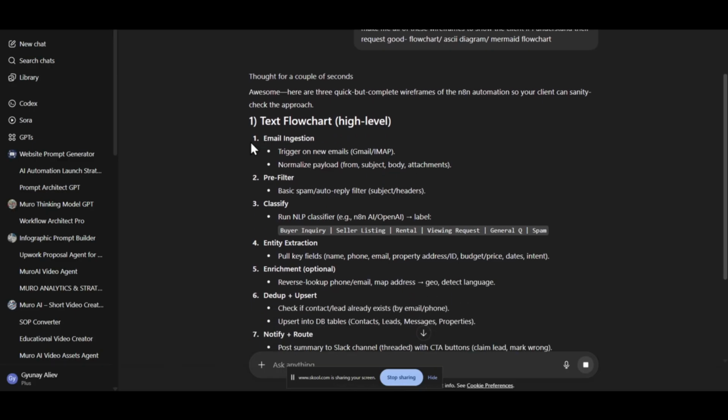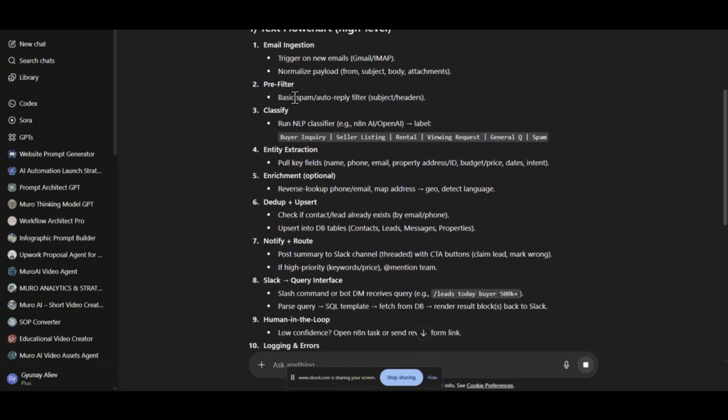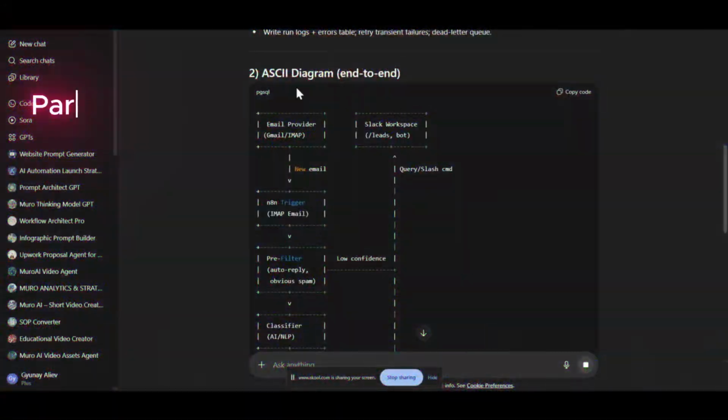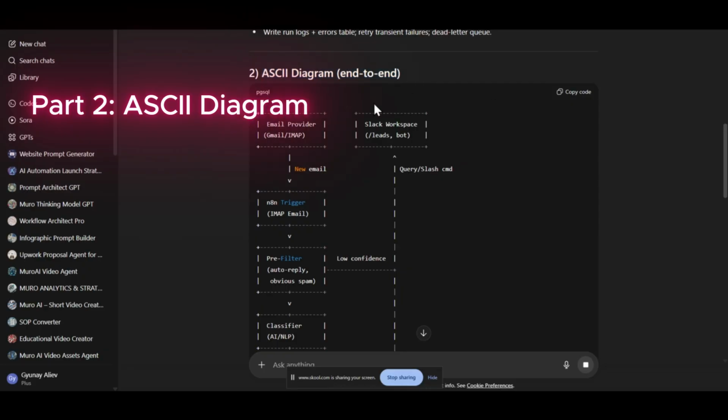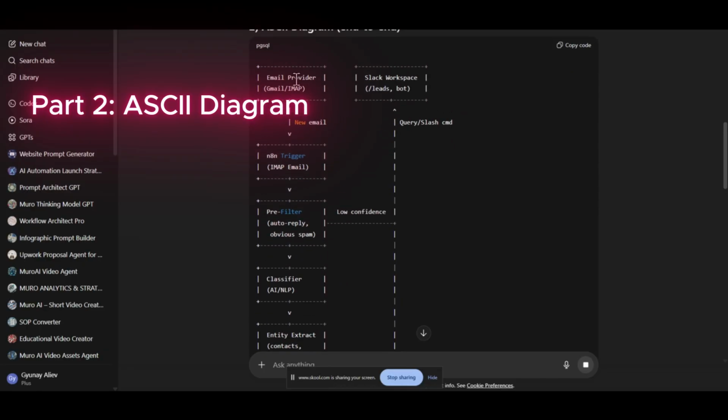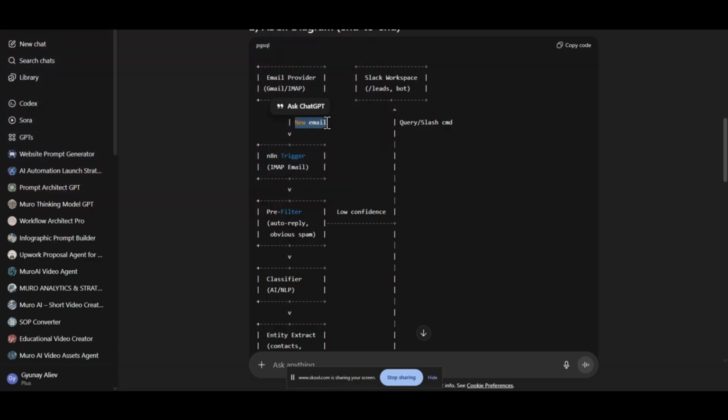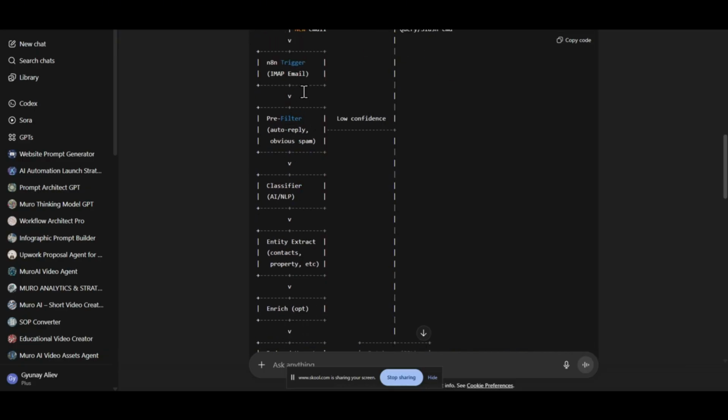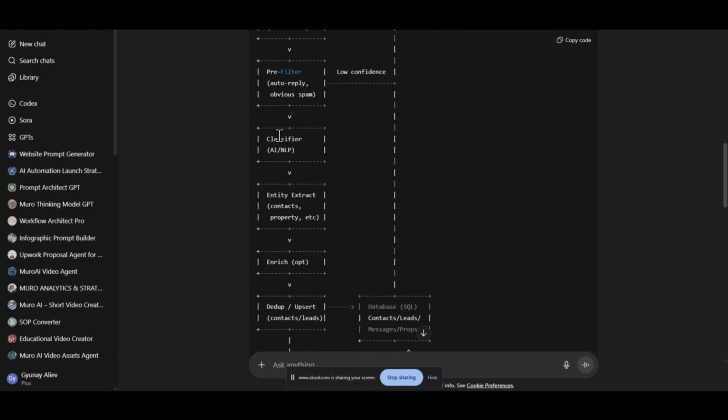Text flowchart. This is the normal chart. Email ingestion, trigger on new emails, pre-filter. This is the ASCII diagram, end to end. This is really good because you can see the email provider, new email, what is happening, the action, n8n trigger IMAP. So pre-filter, auto reply, obvious spam. So we're going to have an n8n trigger just to check the emails. Pre-filter, classifier. Here we're going to have the classifier, so it's going to check all of the emails and classify them